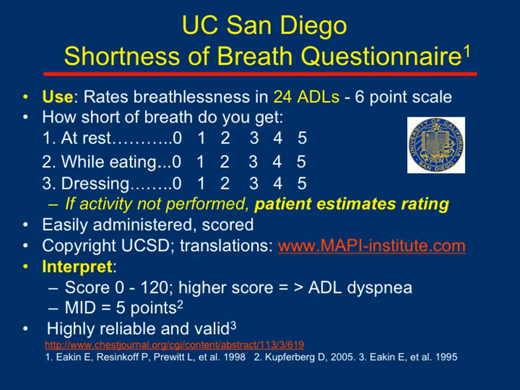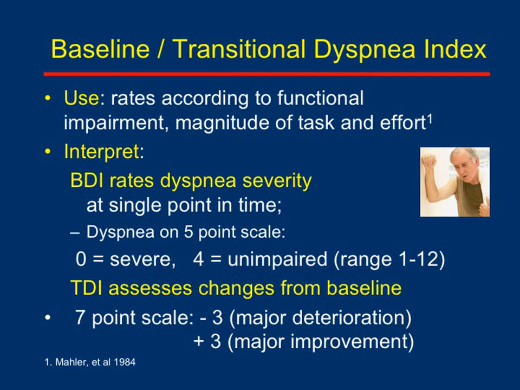And you interpret it, it's a 0 to 120 score, higher scores, more shortness of breath with ADLs, and a 5-point change is considered to be the clinically significant cut point. It's considered highly reliable and valid. Next slide, please. So the next tool I want to talk about is called the Baseline Transitional Dyspnea Index,